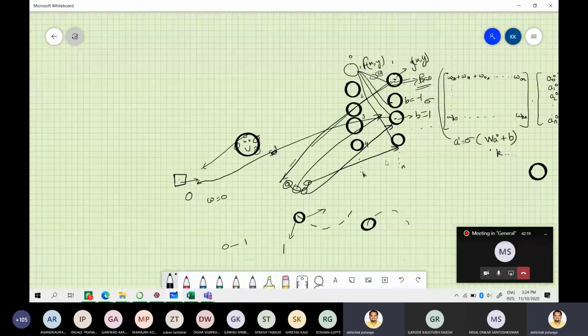I know this is going to be a little confusing, but whenever I map all these input nodes to the hidden layer, what I'm essentially doing is a summation of the product of the weights and the activation functions, that is the g of x of each individual node. Suppose we have n nodes given here, then it is the sum of the product of the weight into the activation function from i equal to 1 to i equal to n, plus the bias.